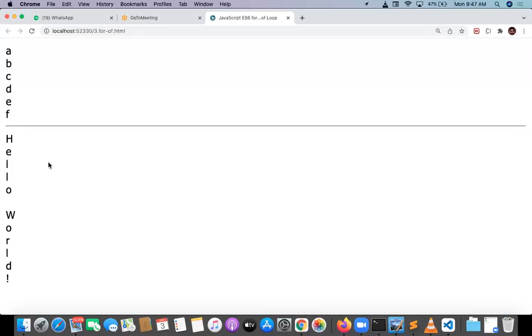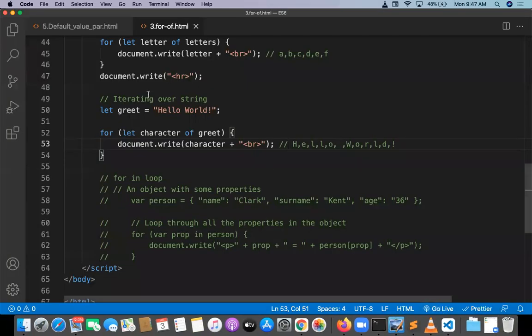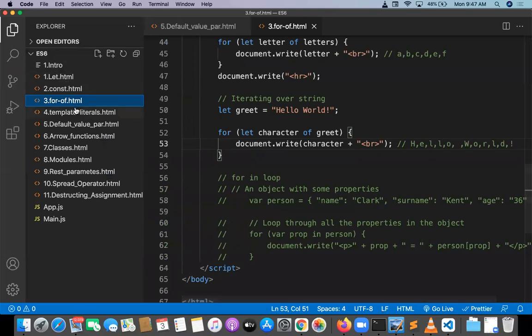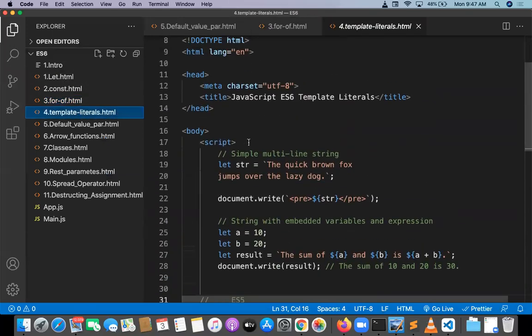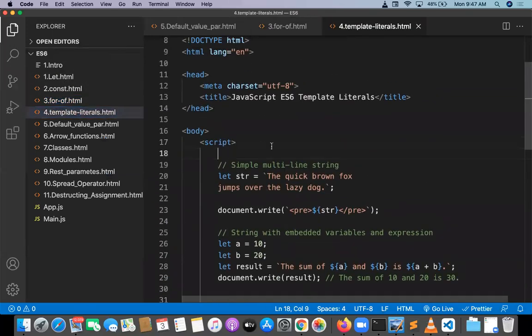So you are able to get each and every character from the particular array, and at the same time, each and every character from the particular word. So word iteration or array iteration. The array is going to be broken down, the word is going to be broken down. So that is going to be possible by the for of loop. And it is very important in the part of ES6. And now an important concept: there is a concept called template literals.